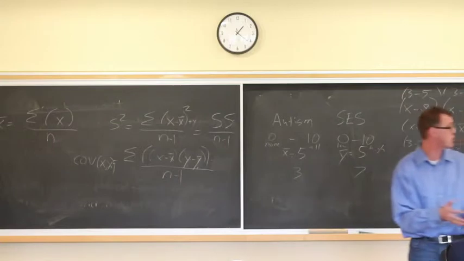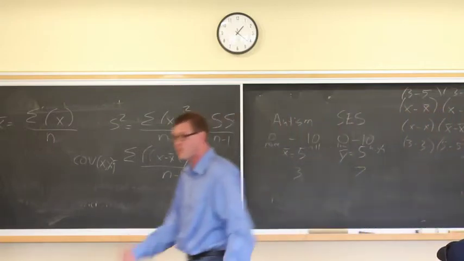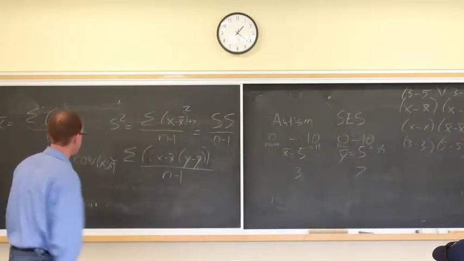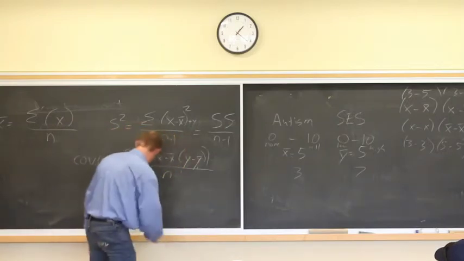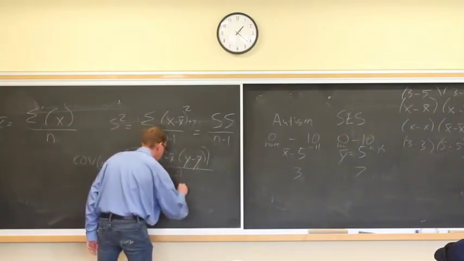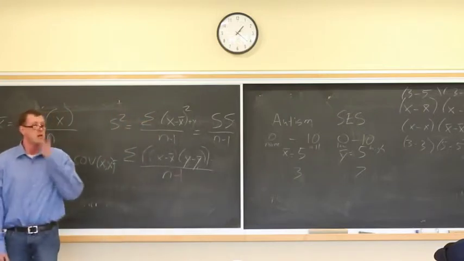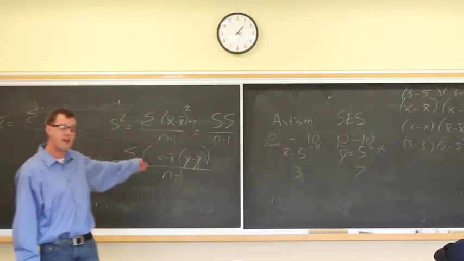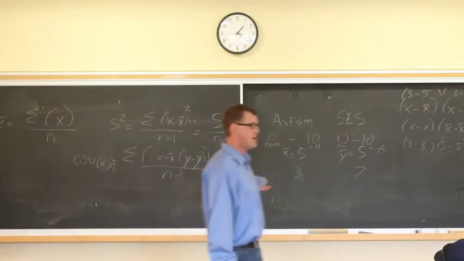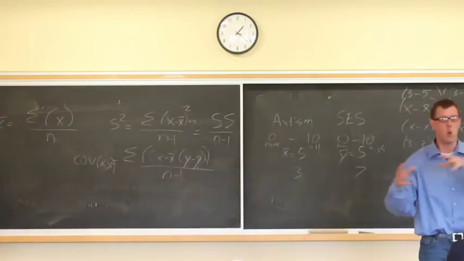For each autism score, you have a socioeconomic score and vice versa. If you have the entire population, you can get rid of the n minus 1, but most of the time we don't, so we will leave that in there. So this is the unbiased estimate of the population covariance. It tells us how much one thing